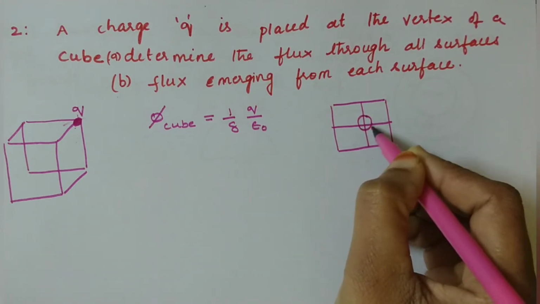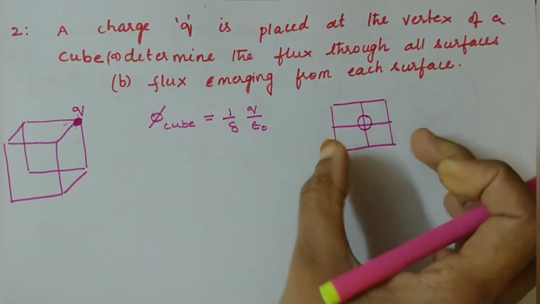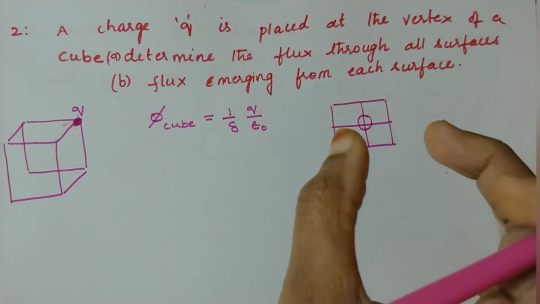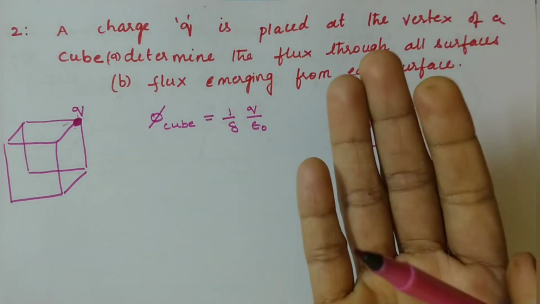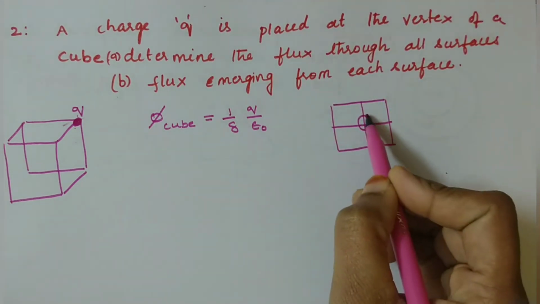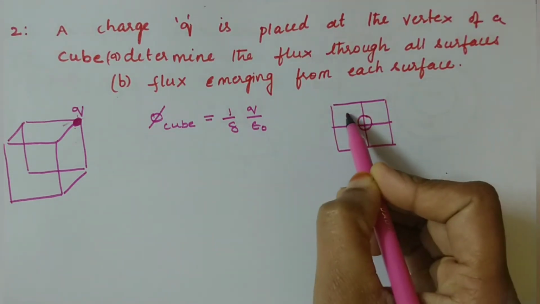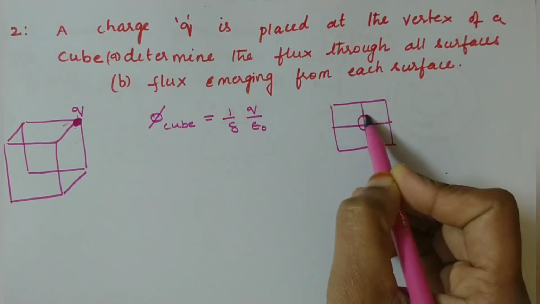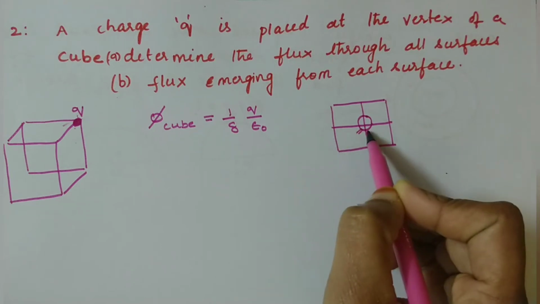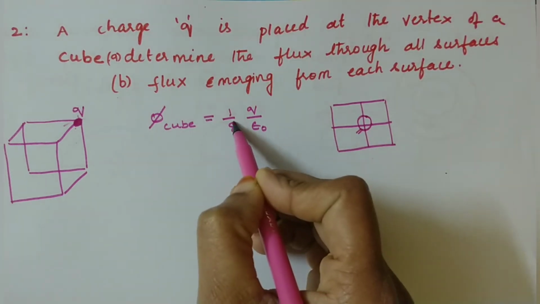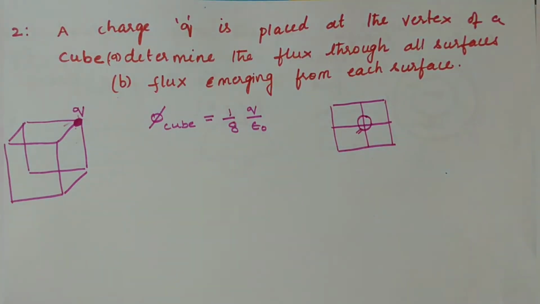But since it's a 3-dimensional structure, it's a sphere, try to project these 4 squares in the upward direction, you will get a semicircle. Project 4 squares in the downward direction, you will get another semicircle. So 8 cubes will form one sphere. So 1/8 of the sphere is inside a cube. So the flux also becomes equal to 1/8.